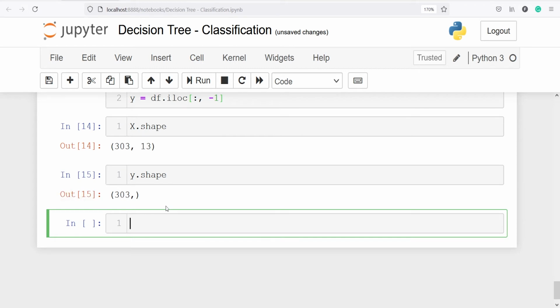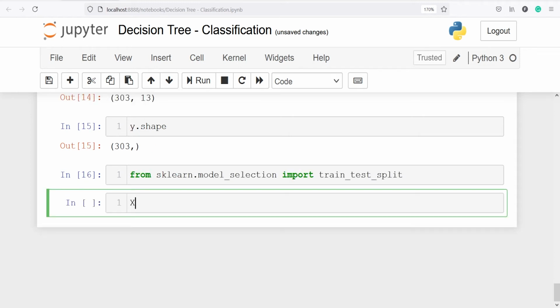Now we are going to split the dataset into train and test. For that we have to import the train_test_split function from sklearn. So I will write from sklearn.model_selection import train_test_split, and now I will make X_train, X_test, y_train, y_test, and then I will call the method train_test_split.